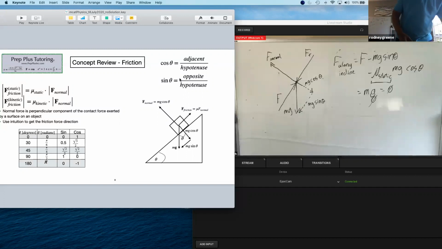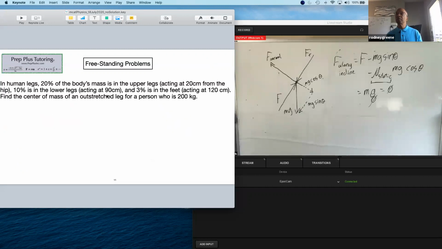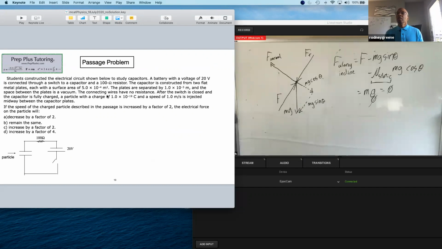So at this time, in the interest of time, I want to go ahead and jet through slides to get to a passage problem. Okay. So here's a passage problem, and because I have such a scintillating voice, I'm going to read it to you. And then we're going to go over how to map this problem.